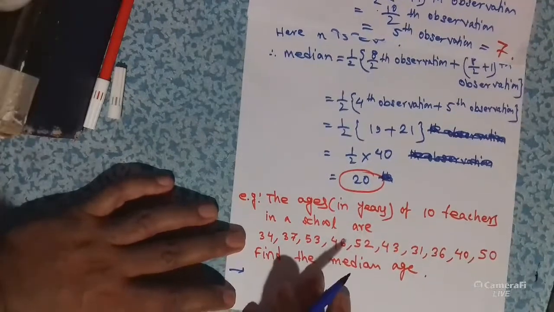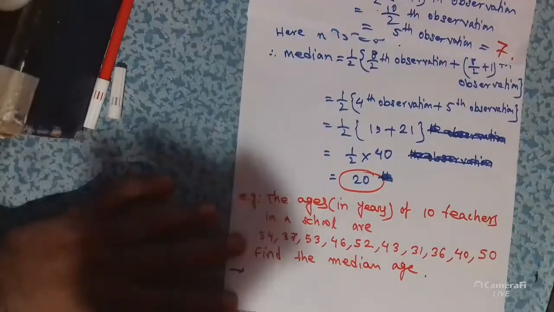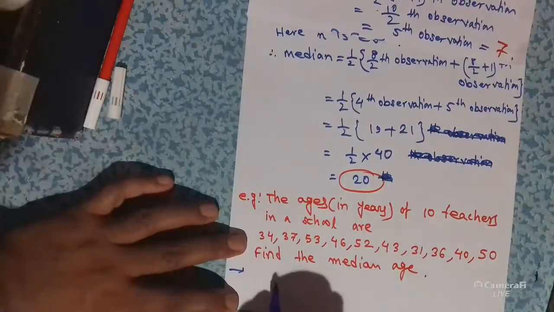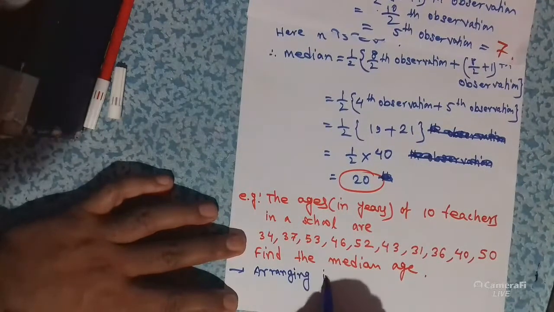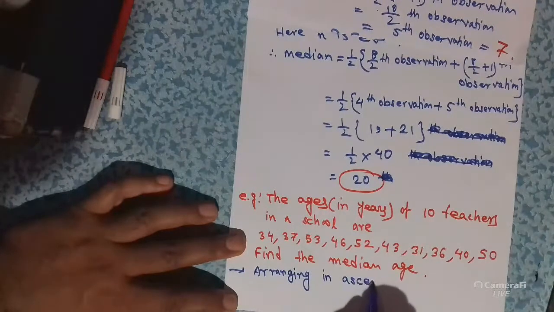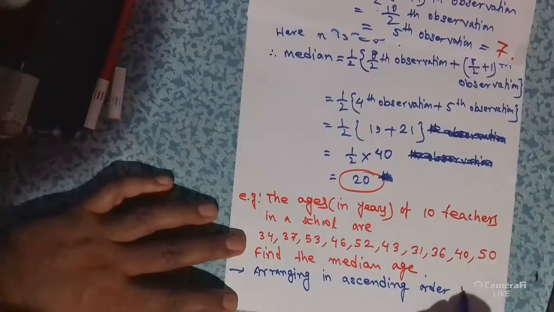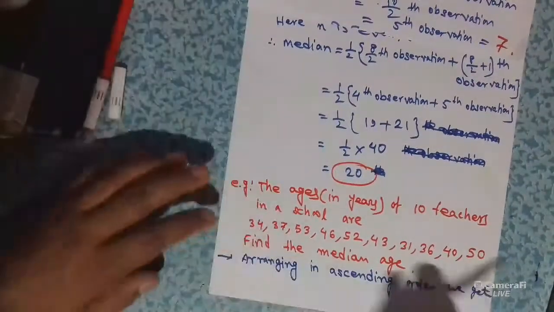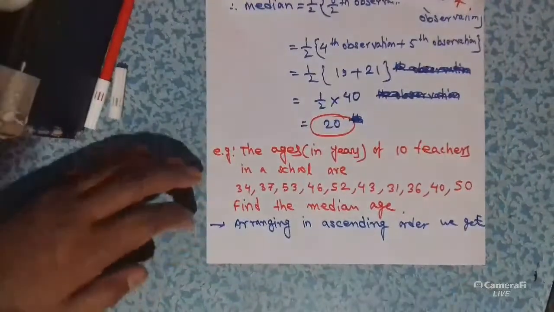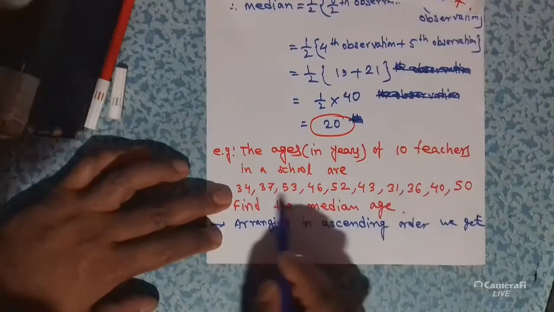So the process is the same: at first you must arrange the observations in ascending order. Arranging in ascending order we get, the smallest one is